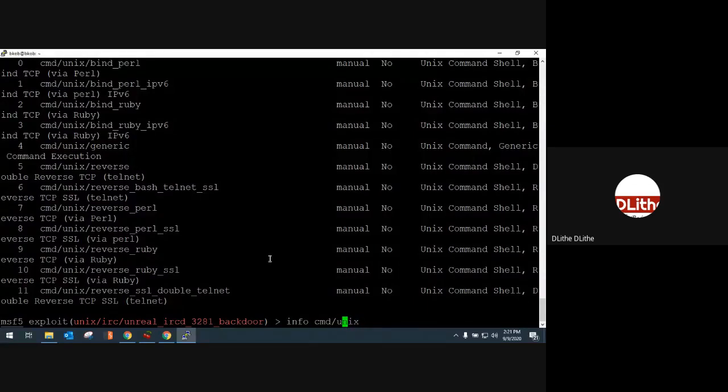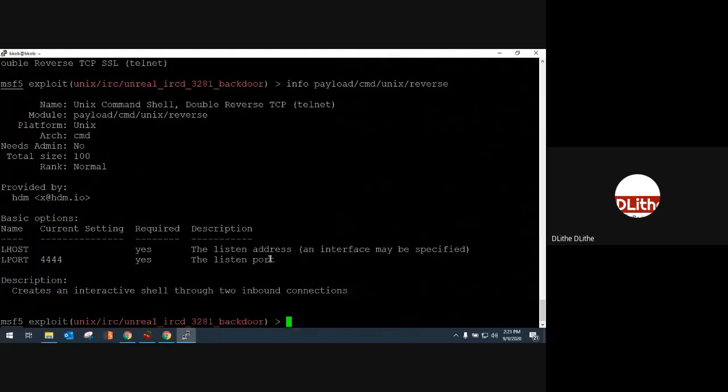What you need to do is add payload, starting with the path, for example cmd/unix/reverse, to provide the path of your payload, which will give you information about this particular payload. So you can use the same info command that we use for exploits, even for payloads as well.